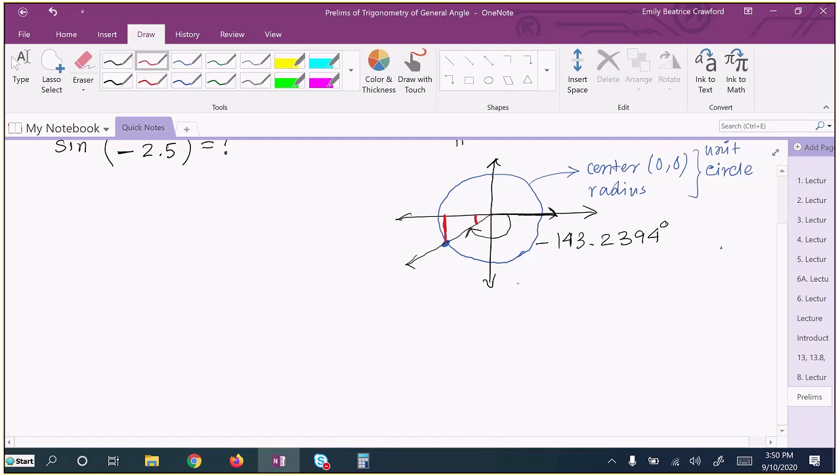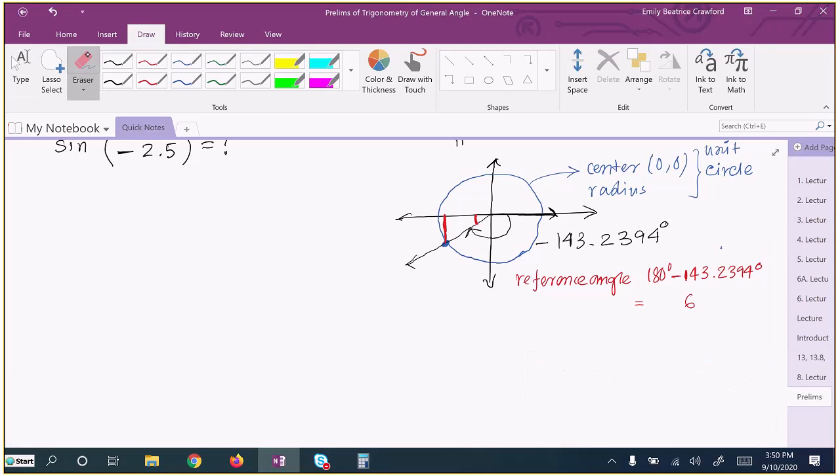So the reference angle this time is going to be 180 degrees minus 143.2394 degrees, which is equal to